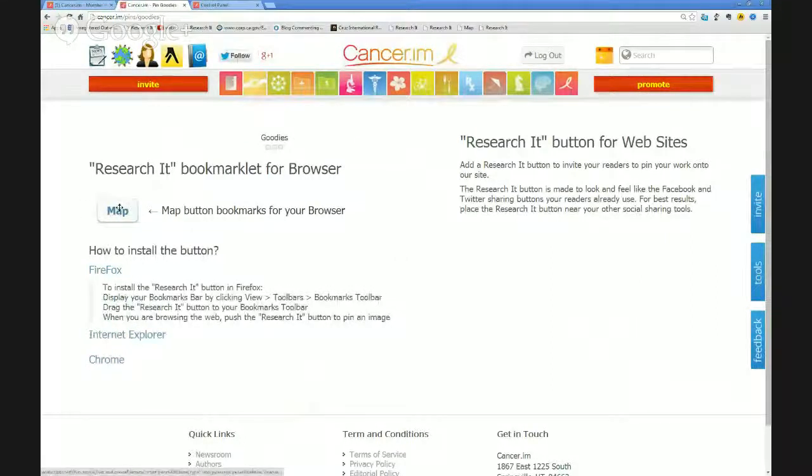And we're going to take this button and we're going to drag it up here, up to our toolbar. Okay. There it is. Okay. So